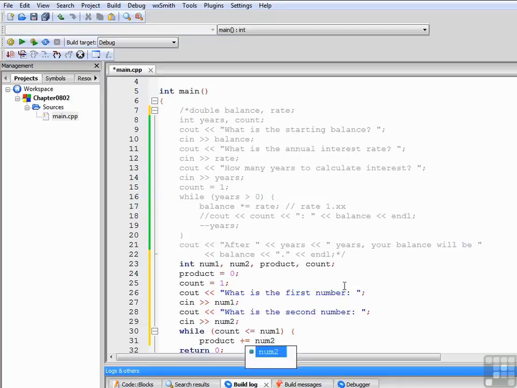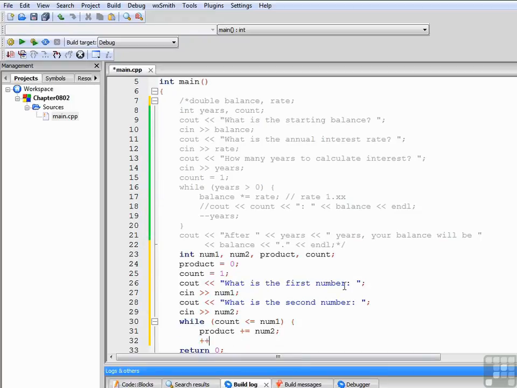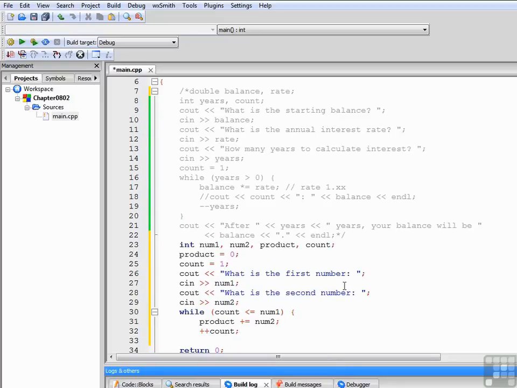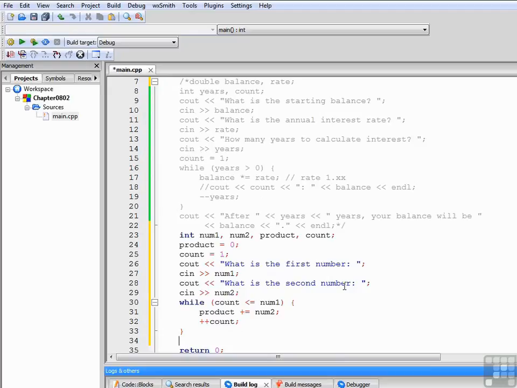In other words, take the value of num2 and add it into the current value of product and keep a running total, and increment our count control variable by 1 so that the expression will eventually become false. Now we can display the result,